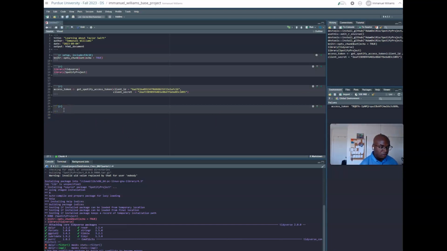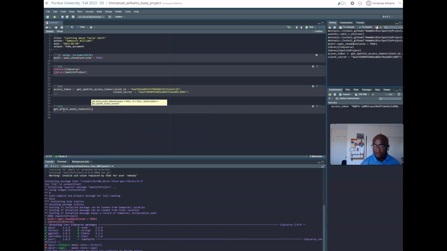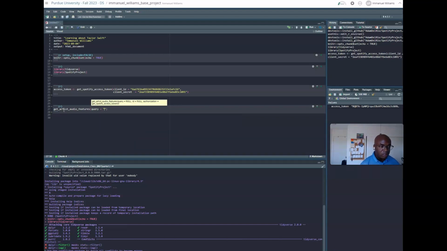So let's get Taylor Swift. So I'm going to use the function first. It's called get artist. You can see there's a lot of different functions that you can use. We're going to use get artist audio features. And the information that we want, we're going to use query. And query is going to be the actual artist's name. Say Taylor. You have to spell it correctly. Taylor Swift,